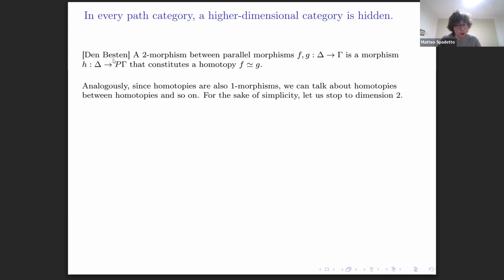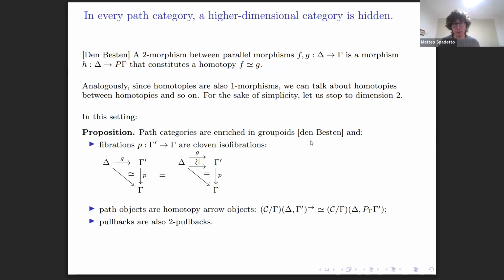So two parallel homotopies will live in the same equivalence class if they are themselves homotopic. In this way, den Besten proved that path categories are in fact enriched in groupoids. And the thing that you can observe